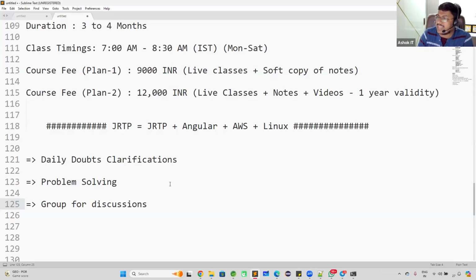If on any particular day class is not available, or if I want to give you some task, then we are going to create one WhatsApp group also. Okay, and the next one,